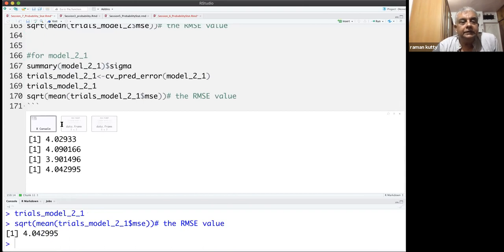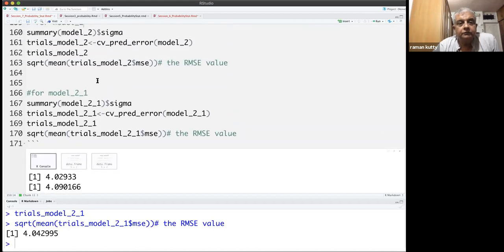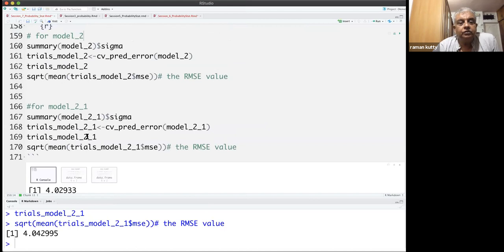What you see here is the first command, the summary of sigma which we have calculated on the original data, which is 4.02. Now this is trials model 2, and we have used its sigma, the square root of this is given as 4.09, and the same thing happens with model 2.1.